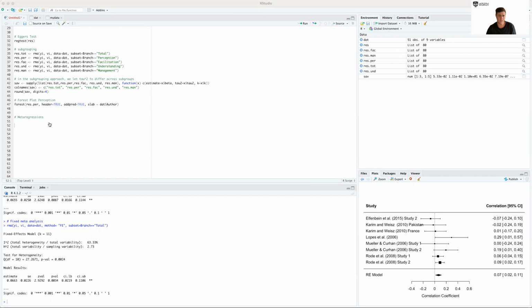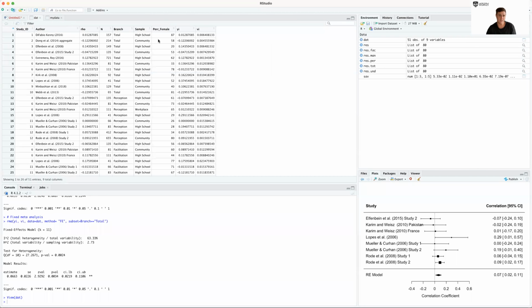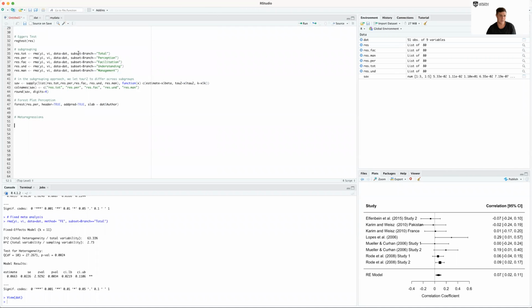So let's start with a meta-regression on a continuous moderator. We said you simply can't do a subgroups analysis with a continuous moderator. One of the moderators we have here is percentage female, which is what percentage of the sample were female. So we might want to know, does that percentage relate to the effect size? Let's run a meta-regression to check that. Let's overwrite